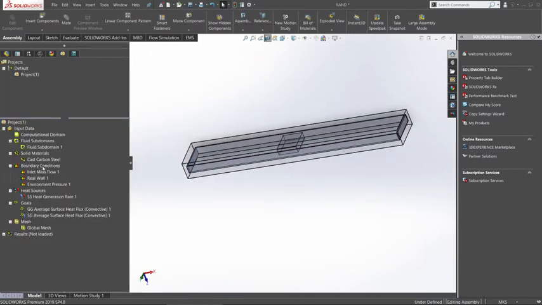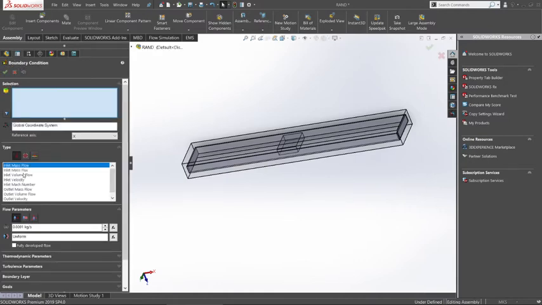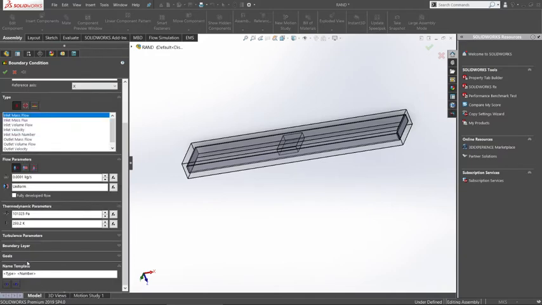You go into boundary conditions, right click, insert boundary conditions, and you will get plenty of boundary conditions like inlet mass flow, inlet mass flux, whichever value you have for inlet, you can put it there. Here you will put the value of the mass flow, and then thermodynamic parameters. If the air is hot air or cold air, based on that you can put the values here,